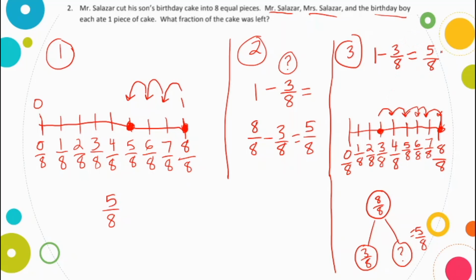So you see here, there are many different ways that we solve this, 3 different ways, and with each method we got 5/8. So when we go to write our answer statement, 5/8 will be our answer. Go ahead and take a second and write your answer statement. So your answer statement should say